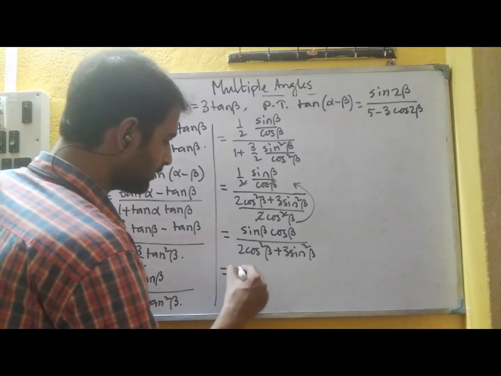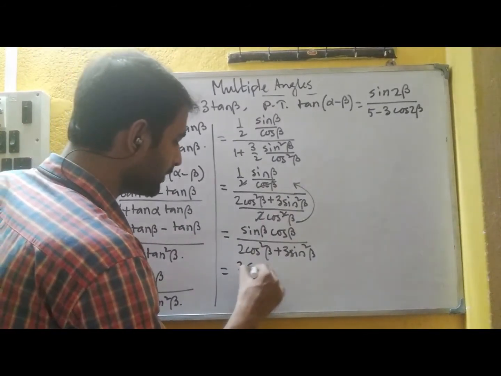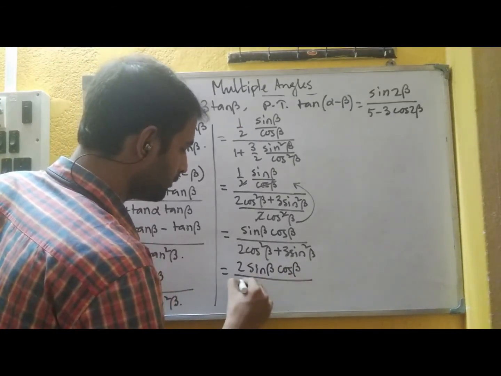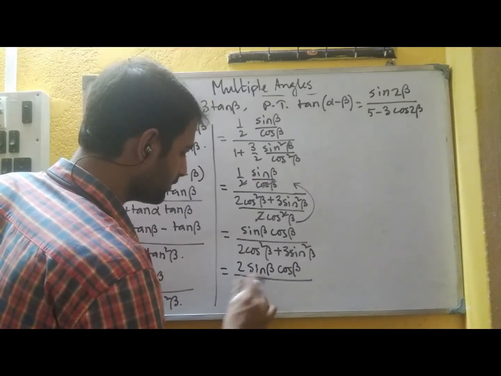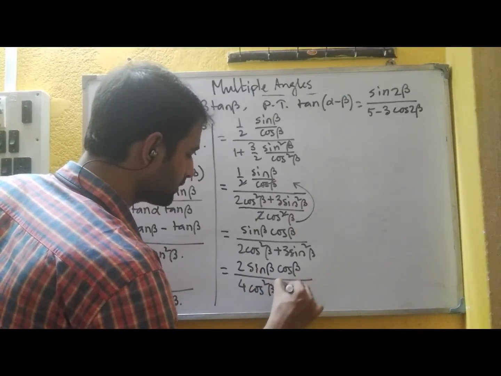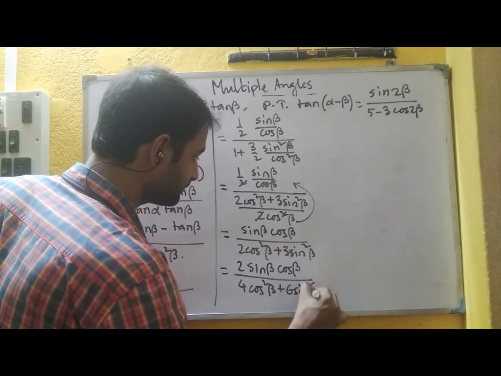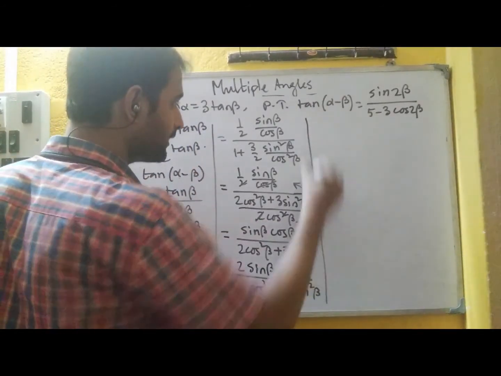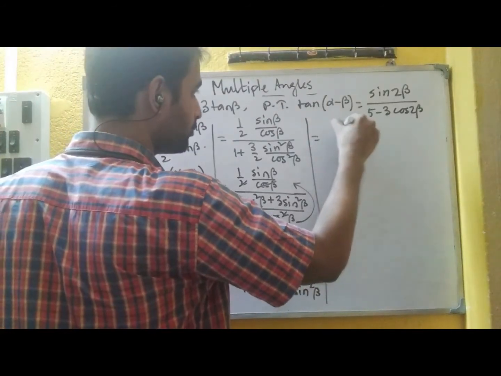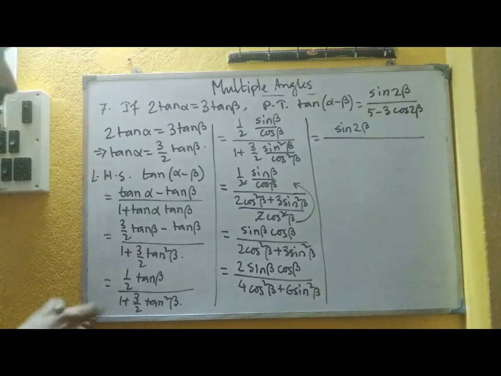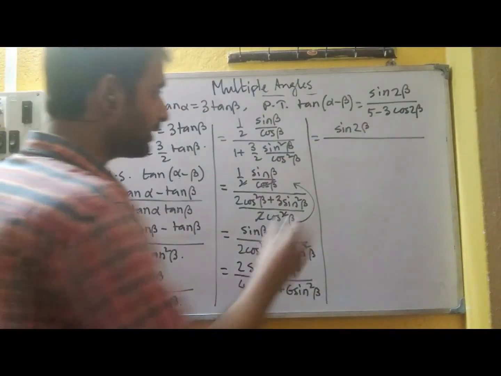We need a 2 in the numerator to make it sine 2 beta, and a 2 in the numerator making it 4 cos square beta plus 6 sine square beta. Then we can write the numerator as sine 2 beta easily, and in the denominator we need 5 minus 3 cos 2 beta. So for that we are